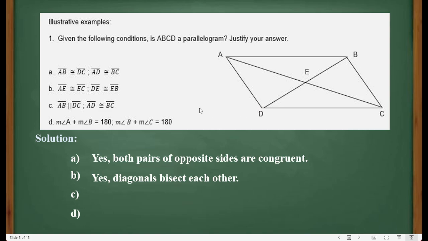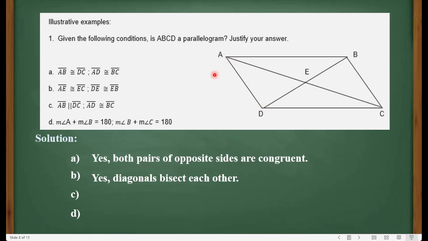Wala dito. And look, segment AD is congruent to segment BC. Dito naman sa isa pang pares ng opposite sides, sinabi congruent lang, pero hindi sinabing parallel sila. So meaning, itong AD na to, malamang ang position niya pa ganito. Nandito si D. So if you try to imagine the shape of this quadrilateral,